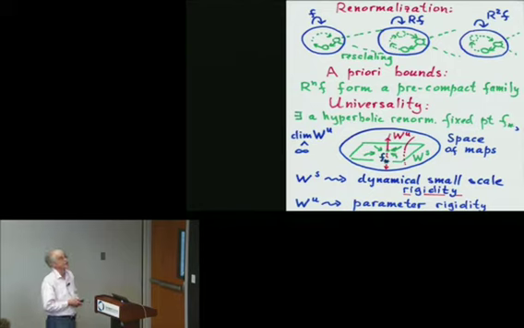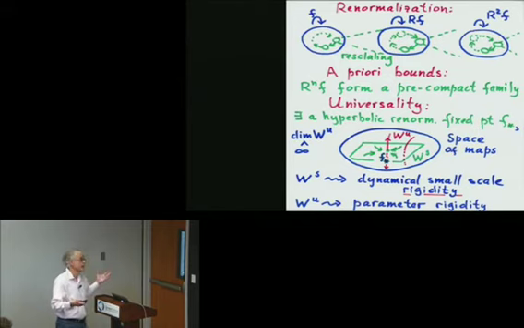Let us call it RF, the renormalization of F. And then you would like to understand this system in a smaller scale and do the same thing. So here is the first return map. You rescale it, maybe nonlinearly or linearly, and you obtain the second renormalization, etc. Maybe you can repeat this to infinity, and so the system will be infinitely renormalizable. Maybe you should stop at some point. It depends on particular circumstances, particular definitions, the particular space of maps you're interested in.